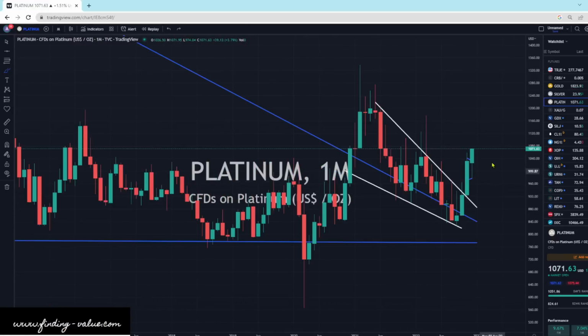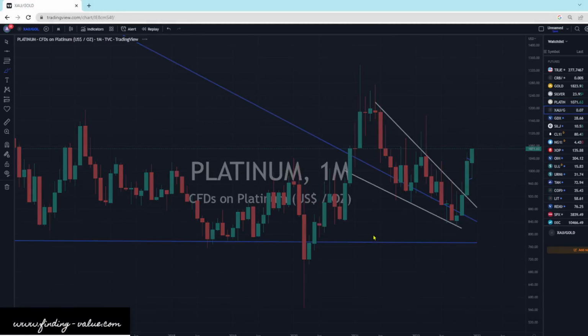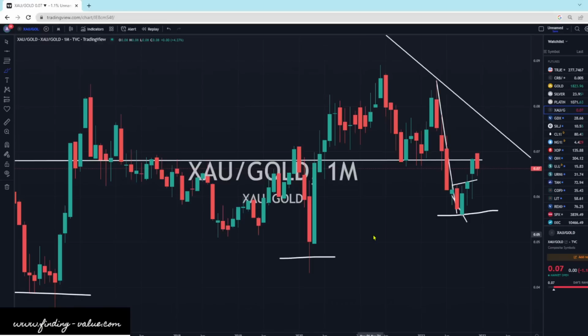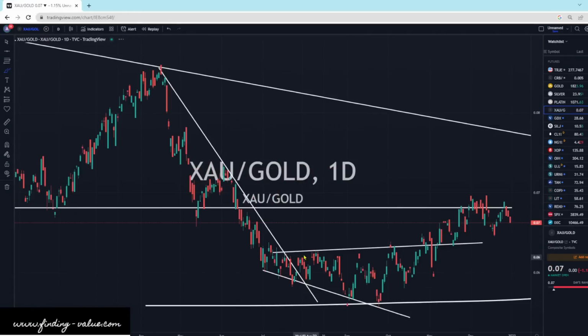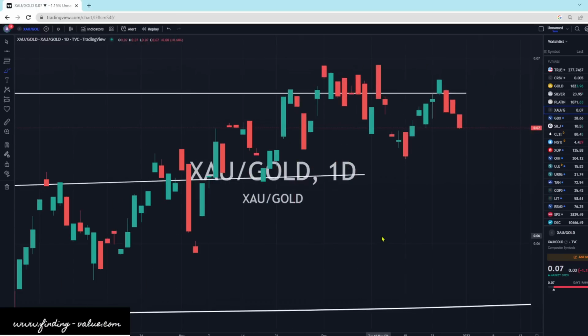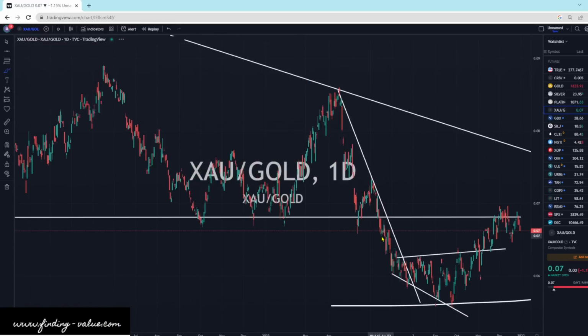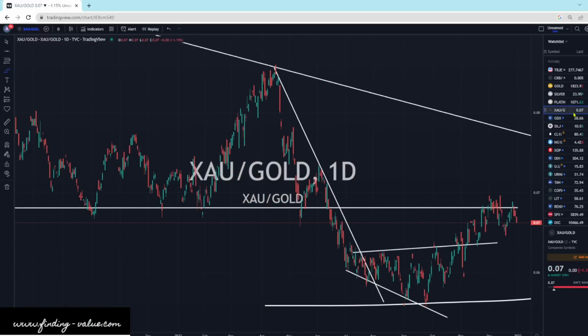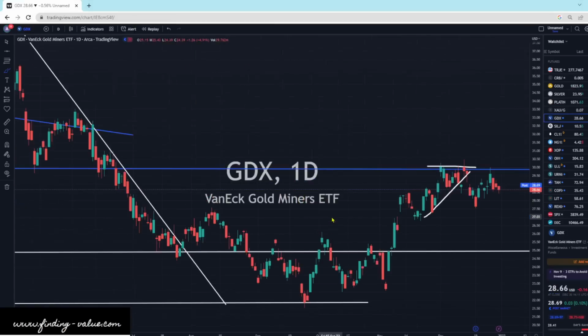We've got lots of momentum behind us. Let's hope that momentum can continue. Silver, this is the gold and silver mining companies. We were down 1.15%. We're bouncing off that resistance line. Still have a little ways to go. We've got GDX down a little bit when gold is up, but basically just moving sideways.